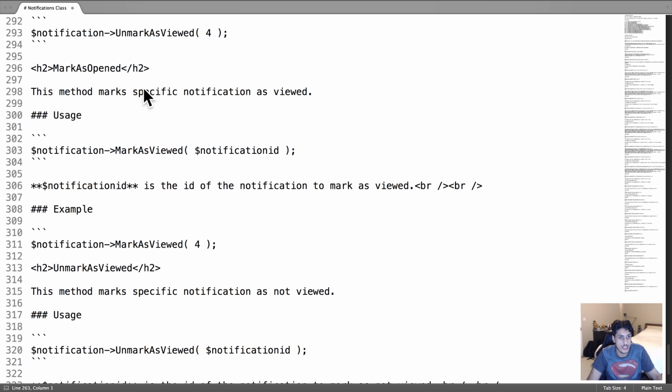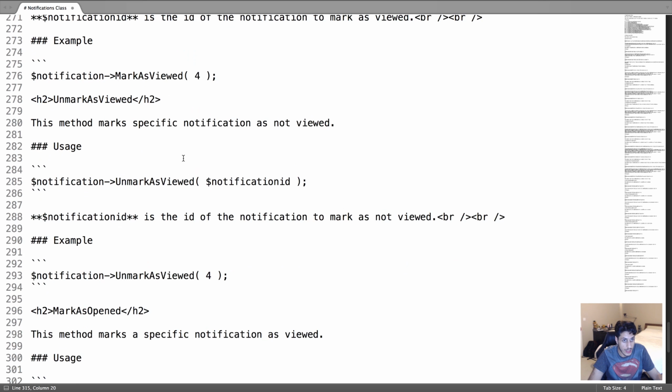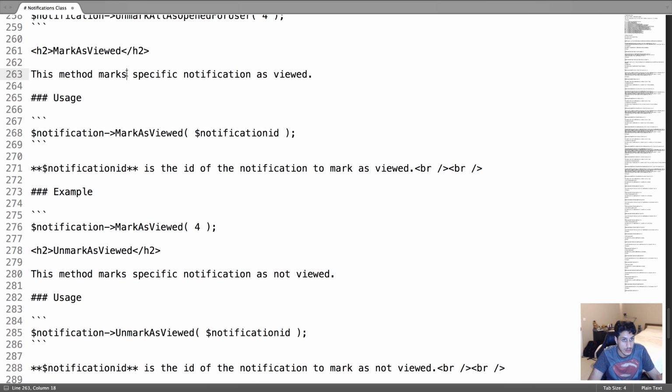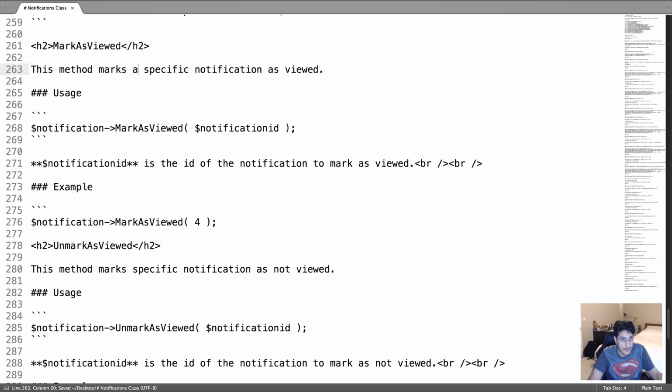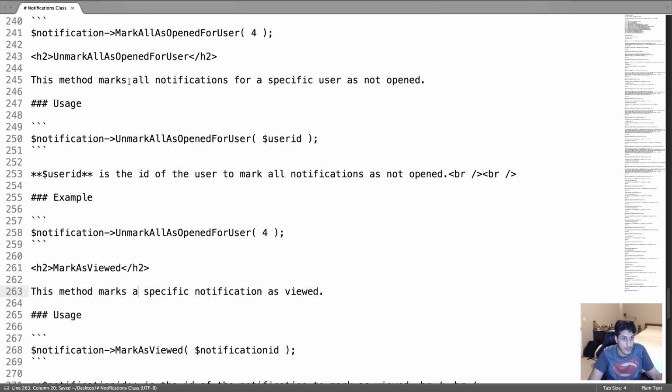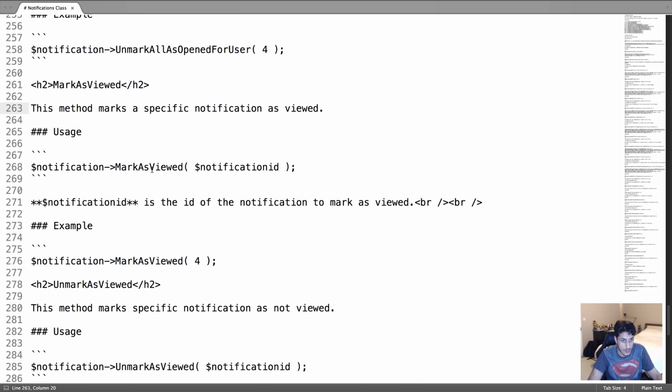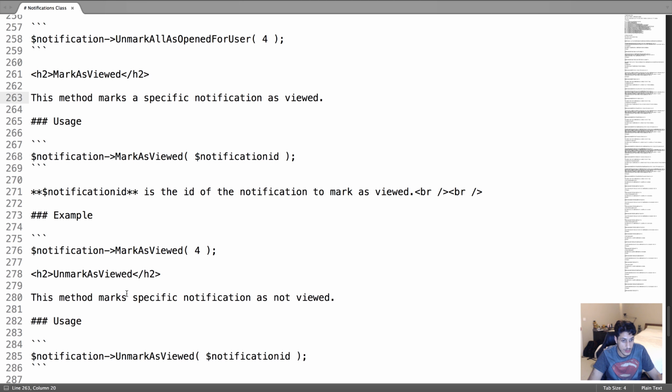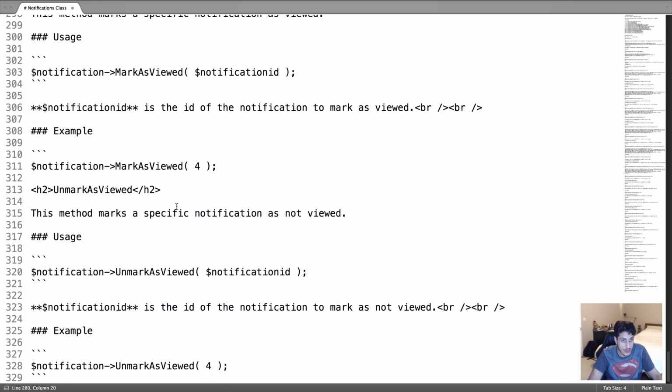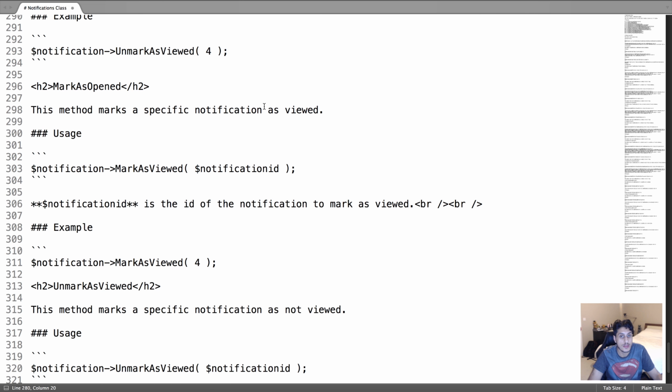So mark as open. This method marks a specific notification as opened, and